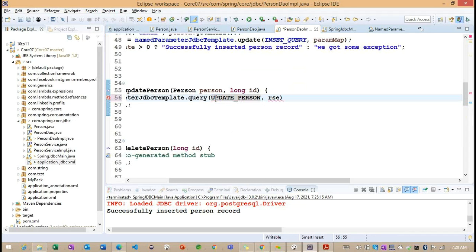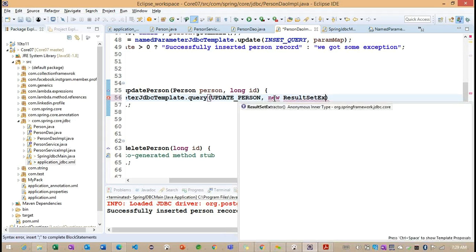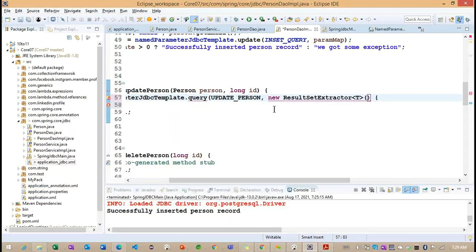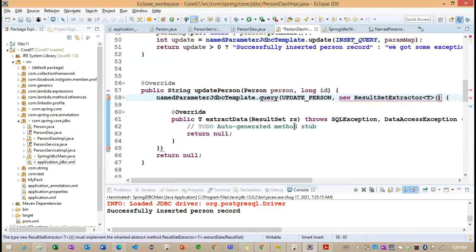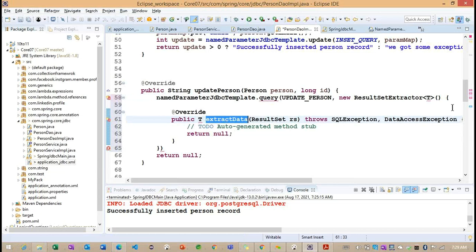Right. So whenever we are trying to work on the ResultSetExtractor, and what is the implementation method we have, we need to write the object here. So ResultSetExtractor. And internally we need to override the unimplemented method here. So what is the method we have? extractData. Okay. And which object are we trying to return here? Something called a Person related object. Right? Person related object here.